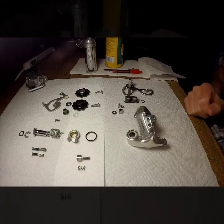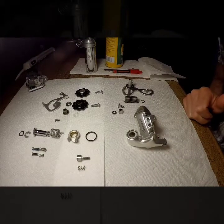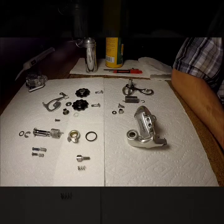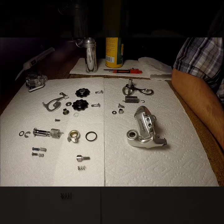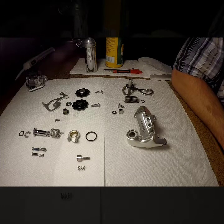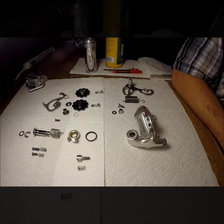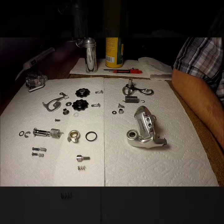Hello all. This video is about the reassembly of an early 90s Campy Chorus rear derailleur. I'm assuming pretty much everyone knows how to disassemble one. That's the easy part. It's just getting it back together again. So what you see here so far is,